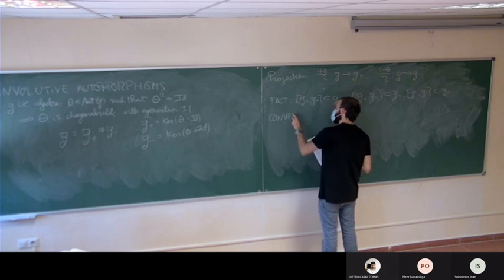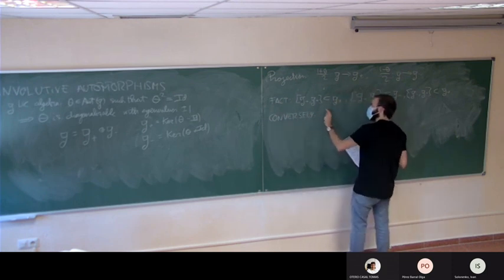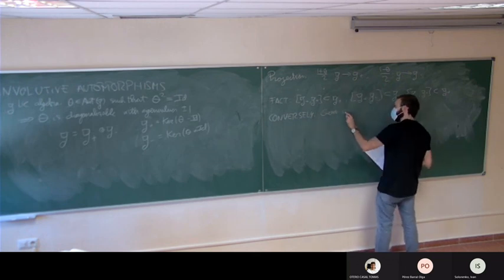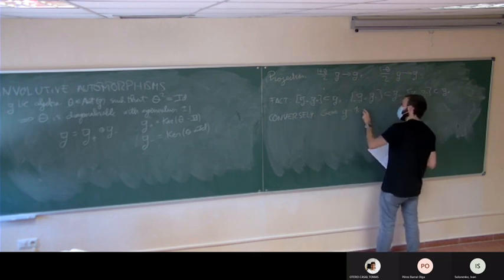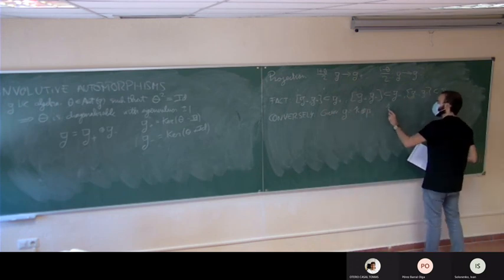Conversely, given a direct sum decomposition G equals K plus P, satisfying these two relations,